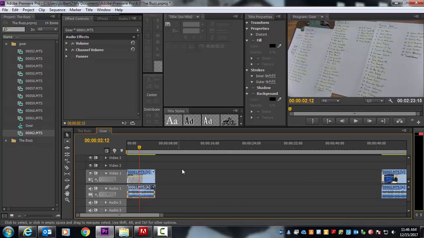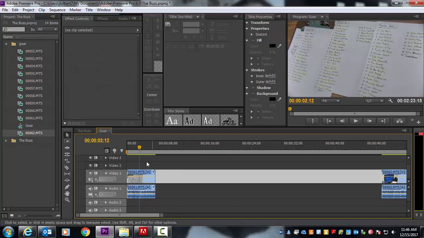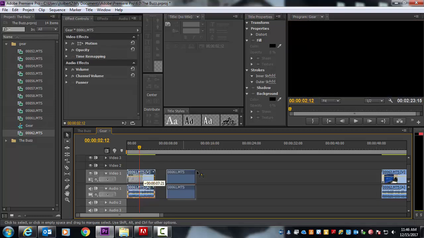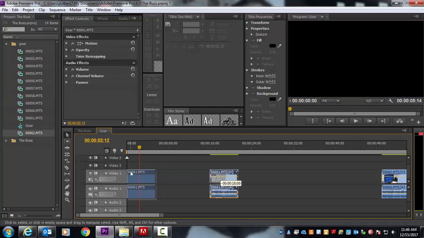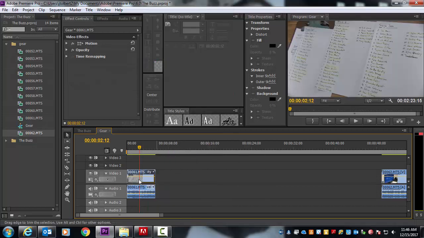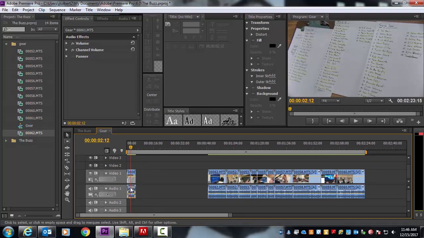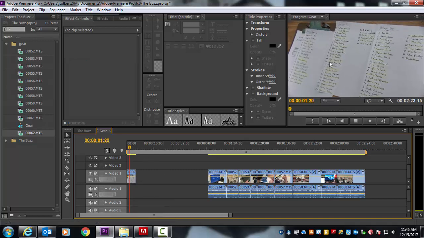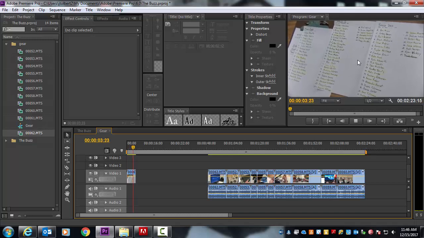Okay, let me Control Z and show you what it was like before. Before, this is what happens. If I try to move the video, the audio automatically goes with it. If I try to move the audio, the video goes with it. But when I right click and unlink, I now can move them separately. So in doing that, I can delete the audio, and now I just have footage of just the video itself